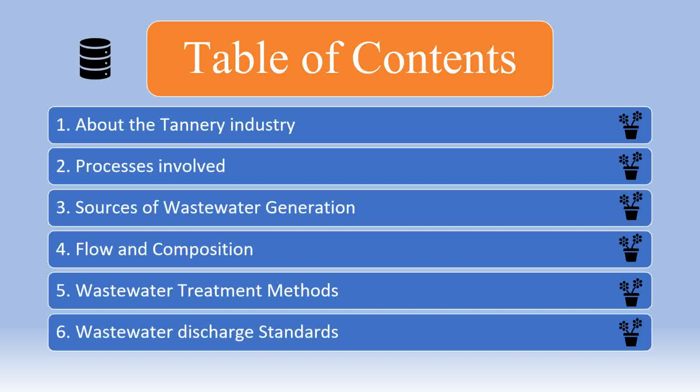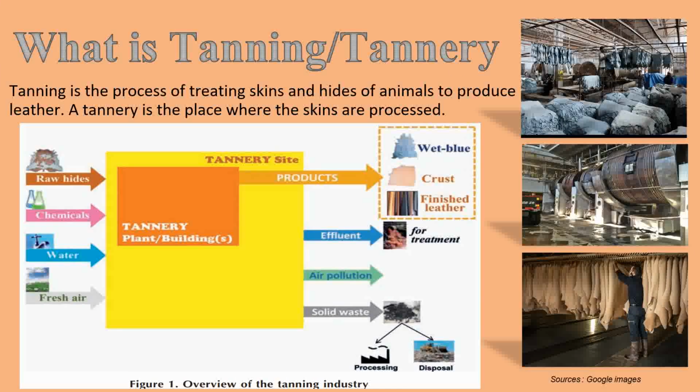So let's move forward with first and foremost, what is tanning or tannery? Tanning is mainly the processing of hides or skins of animals. Hides are derived mainly from cattle and cows, and skins are mainly from other animals, like goat and sheep, and sometimes we also get skins from reptiles. Processing them into a finished leather product is called tanning,